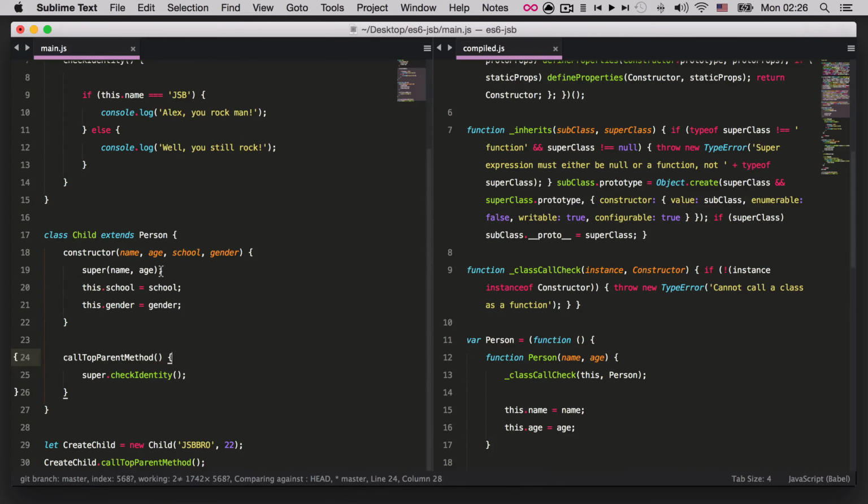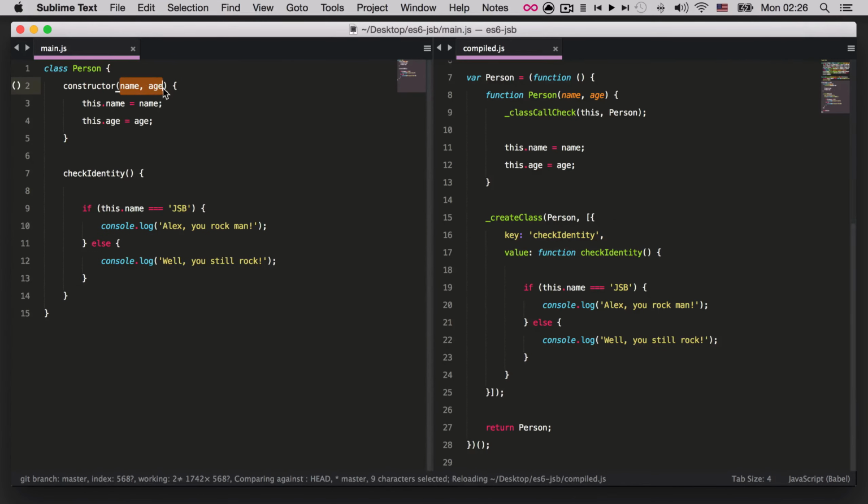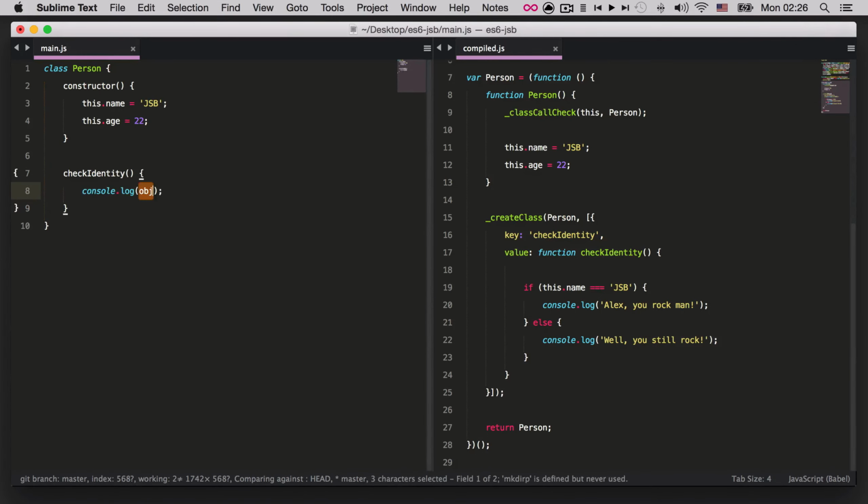you don't really need to pass any arguments. So if you don't want any arguments, let's clean this up a little bit. If you don't want to pass anything to the constructor, you maybe want just to execute a certain amount of code or anything like that, you can simply hard code these values. Like if we do something like this here, and we put age here, and instead of this if loop, just for the sake of this presentation, go ahead and say console log this dot name